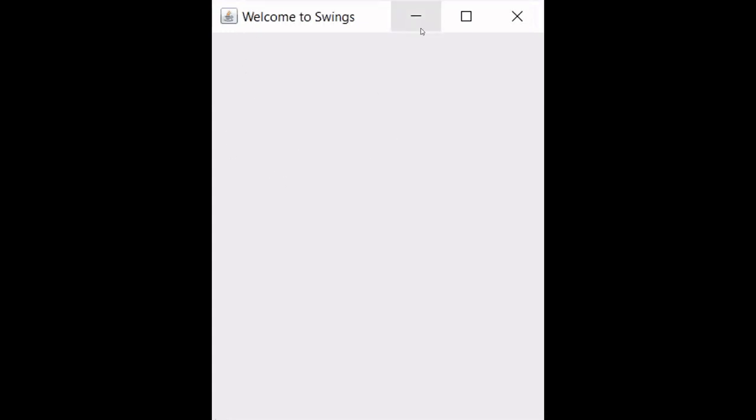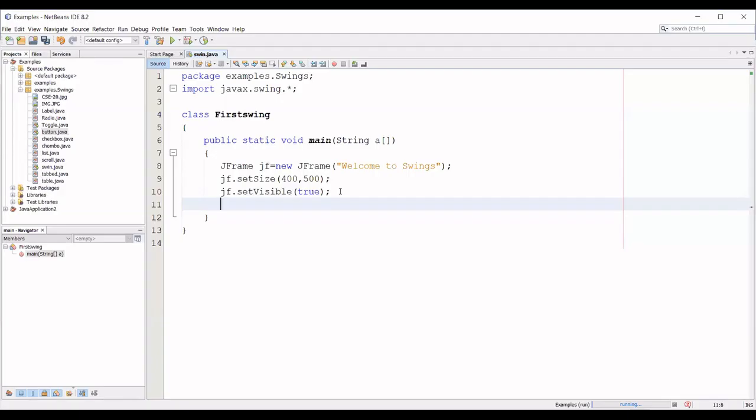So this is actually the window. What is the name of the window here? Welcome to Swings, and it has a minimize button, maximize button, and close. I didn't add anything, by default it has these. If you want, you can add the menu bar also. This is the icon and this is the title. Now I'll first just add a label and show you. A label is just a text kind of thing which is not going to get any user input. It just displays the content whatever I'm going to use.